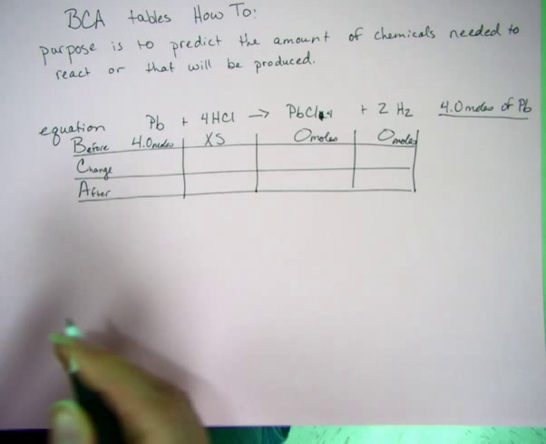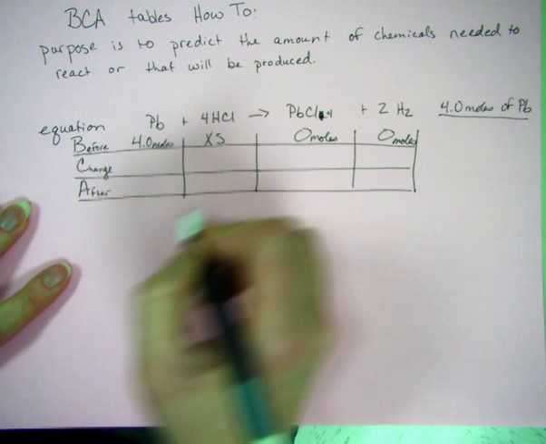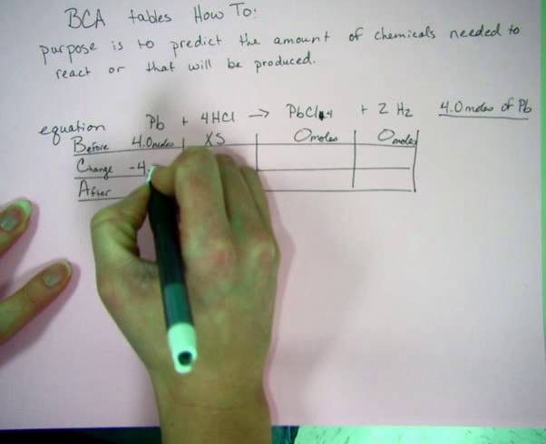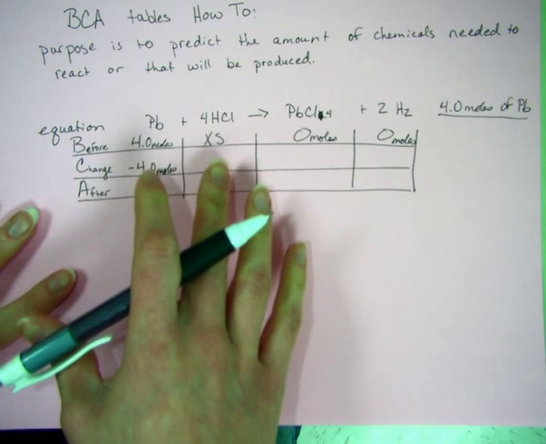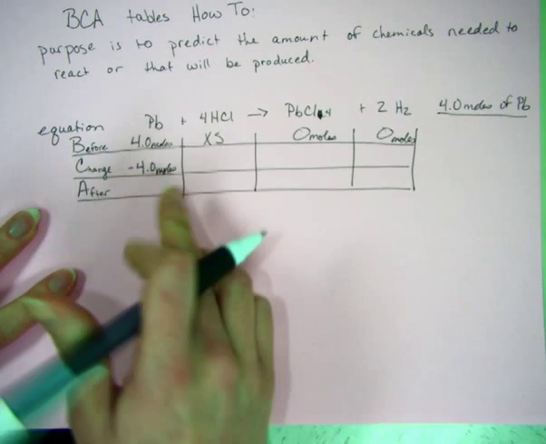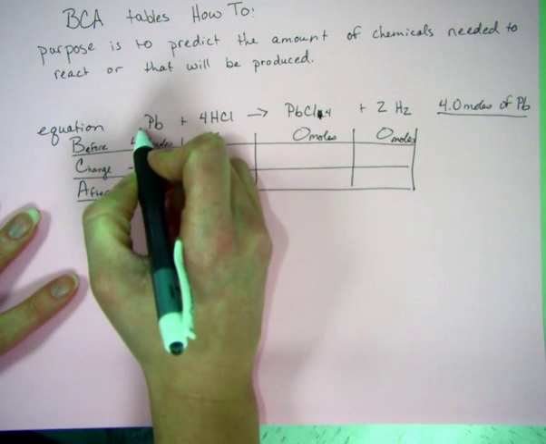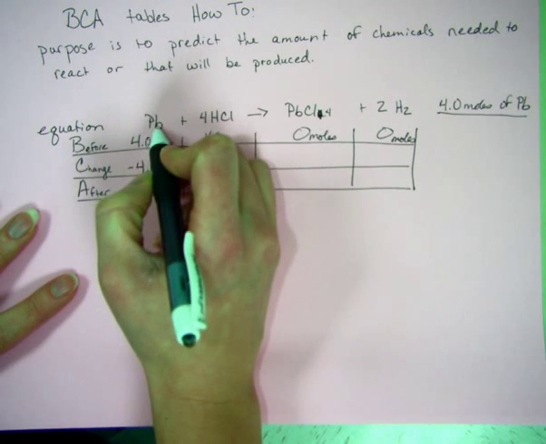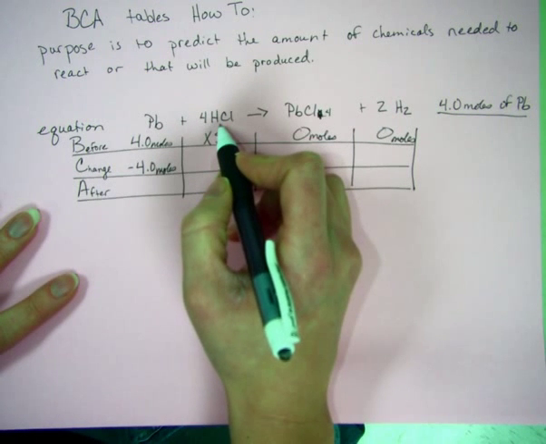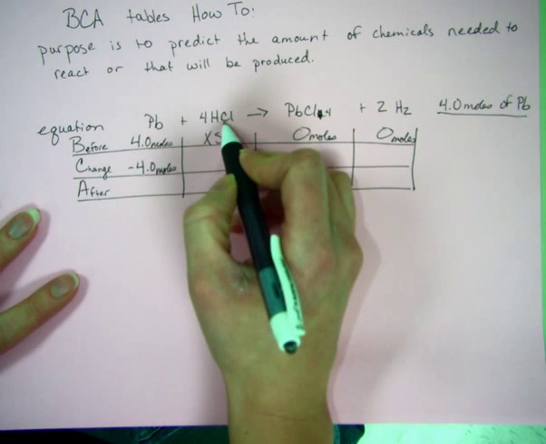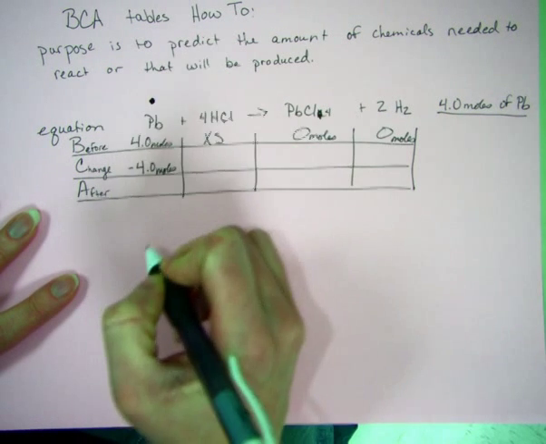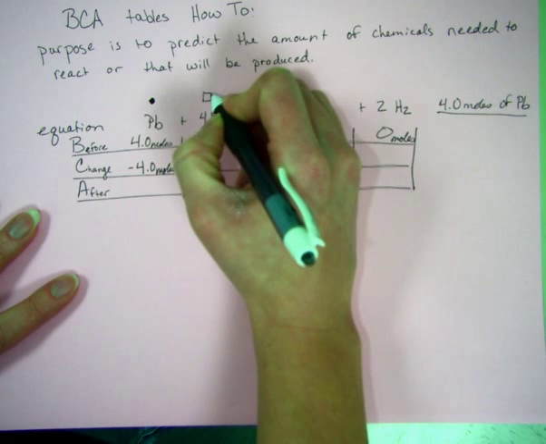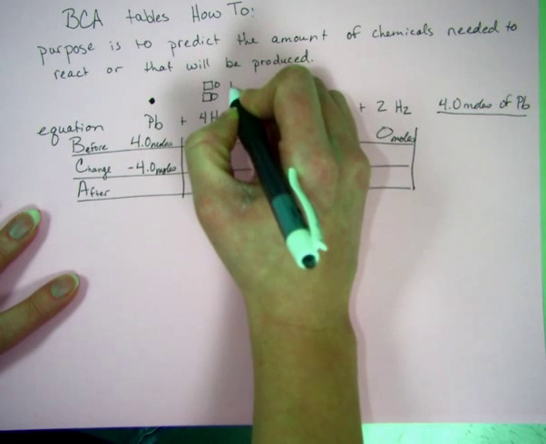Okay, the change. We are going to take all 4 moles of this lead and we're going to react it. So we will subtract 4 moles here. HCl, for every mole of Pb, or for every atom of Pb, we are going to use 4 atoms of, or 4 molecules of HCl. So we have 1 Pb, and we have 4